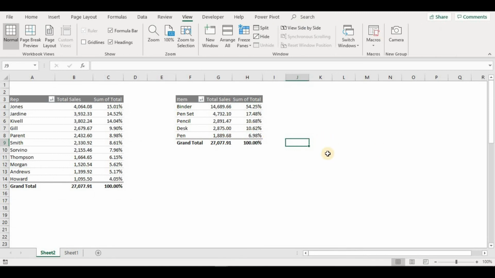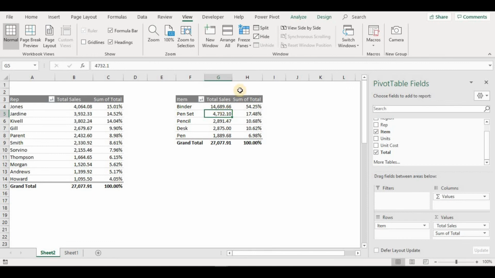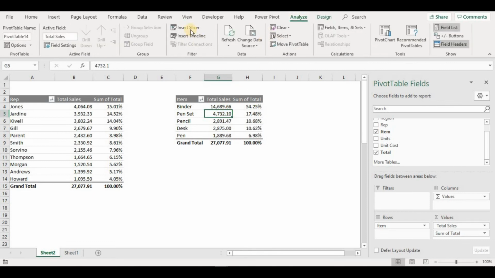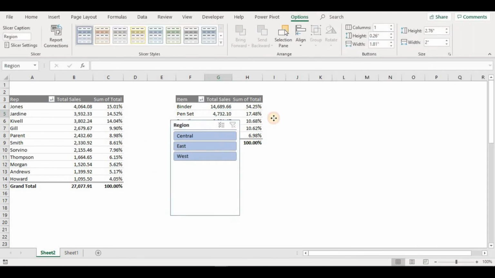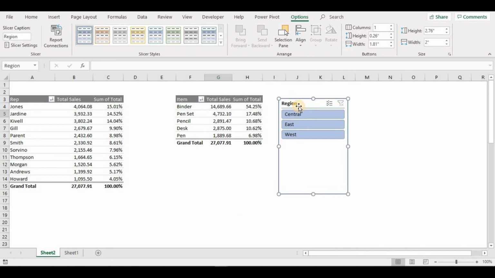Then we want to show a multiple selection and choices in the report. We have a very good option in pivot table, a slicer. We will click in any of the pivot table and we will go to analyze and we can see insert slicer. When we insert slicer, there is a pop-up screen. It will ask what slicer you want. I want the slicer region. I will select region and you can see here the region has come. So when I select central, this data is automatically getting changed.